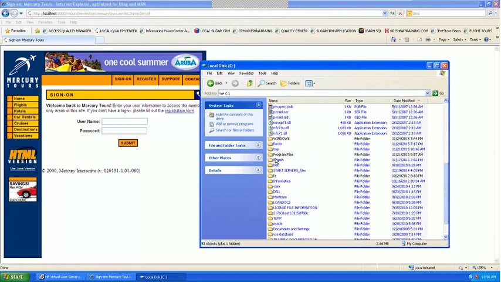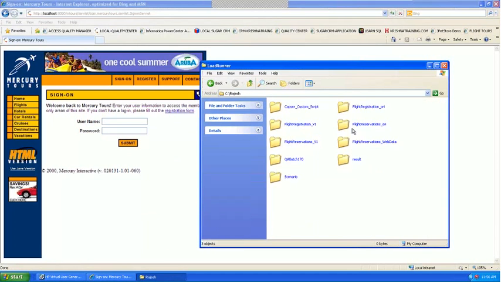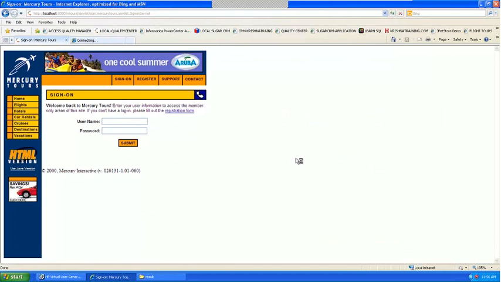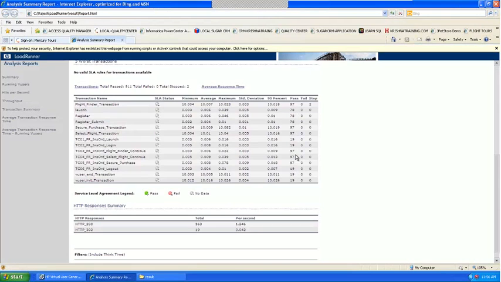I'll just open an HTML report that we generated. You see here, now I know this is the launch, this is the login, we're going to do that now. File, select file, continue, all these things, you know what the response time is. See, this particular request has been processed 97 times and the response time is this.